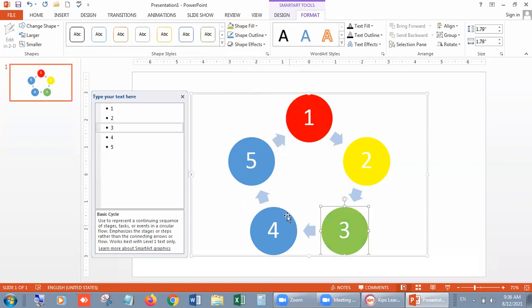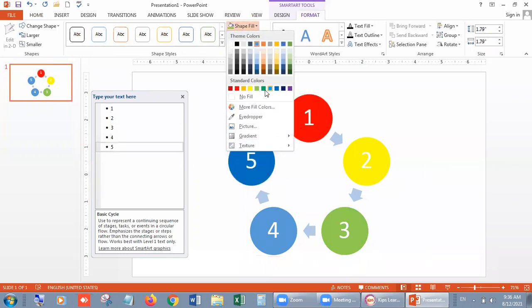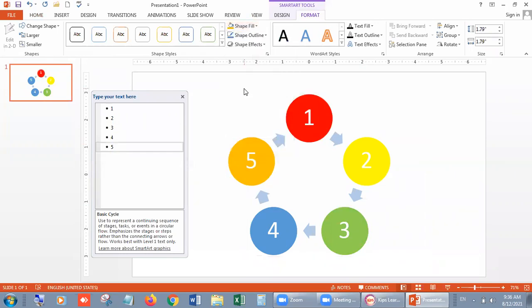Suppose green, this one blue. I'm not changing it. It is already blue. And this one is... now you can see all the different colors. Okay, beta. In this way, you can have the options. I hope you are getting it.